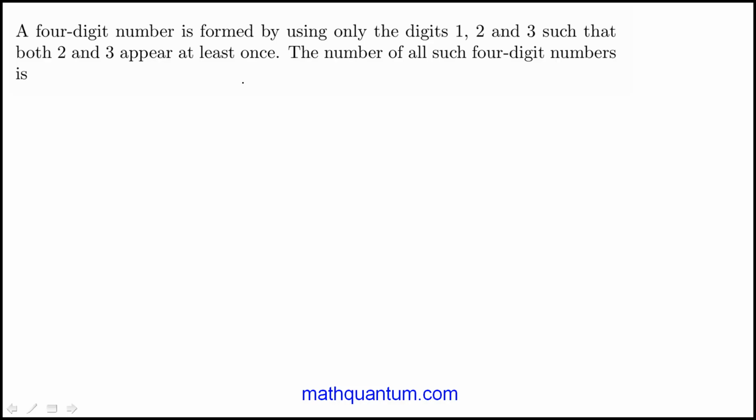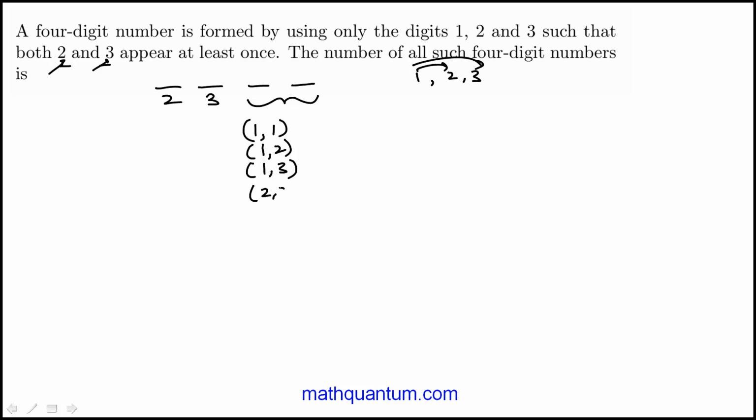There are two ways we can go about this question. The first one is to actually list out the cases for these 4-digit numbers. So we know we have to have at least a 2 and a 3. So we have these two spots that can be filled with 1, 2, and 3. So what are my choices here? It could be 1 and 1, 1 with itself, 1 and 2, 1 and 3,